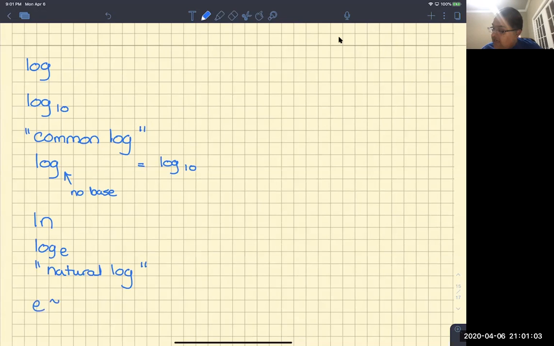We said e is an approximate value. It's an irrational number that is approximately 2.718. And we get this by calculating this expression, 1 plus 1 over n to the nth power. As n gets bigger and bigger, goes to infinity, we see that this expression approximately equals